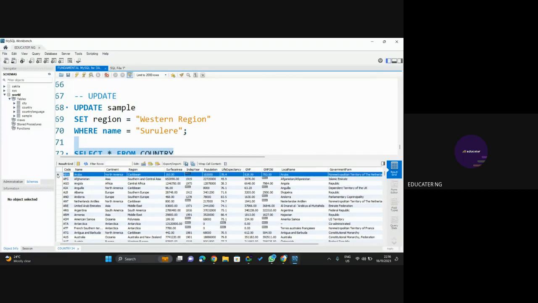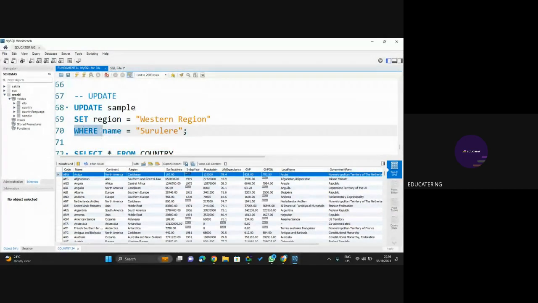This is like a safety feature, because like I said, if you try to update a database without a where keyword, it will change the entire rows in that column. If, for instance, we just say set region to Western region, imagine all these regions under this region column. Imagine that everything there is Western region. It won't make sense at all, right? So my Workbench has a default feature called safety feature that disables you from making any changes that would not involve you writing a where